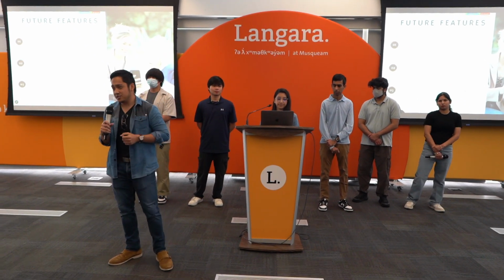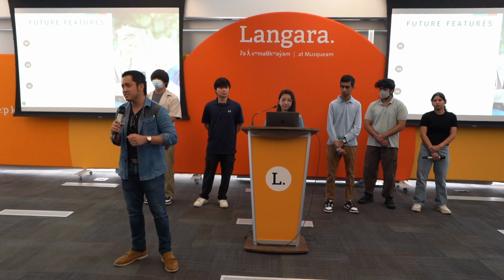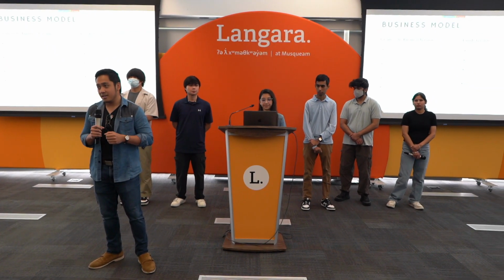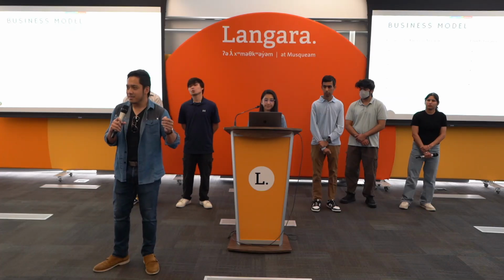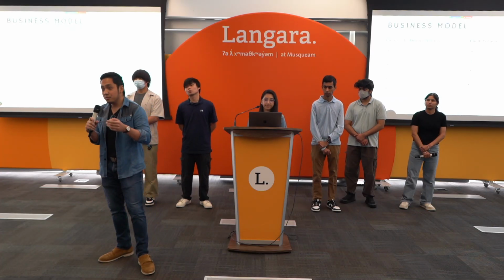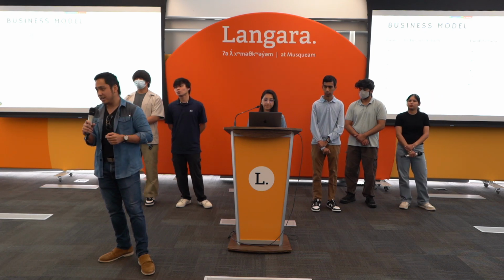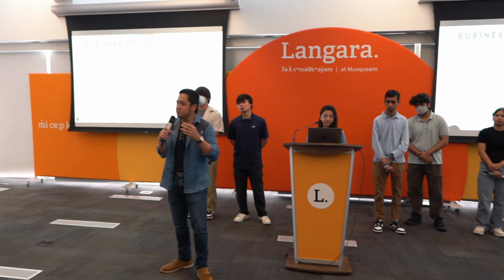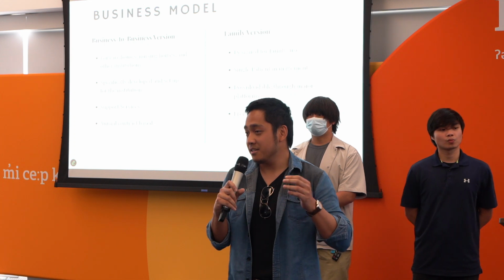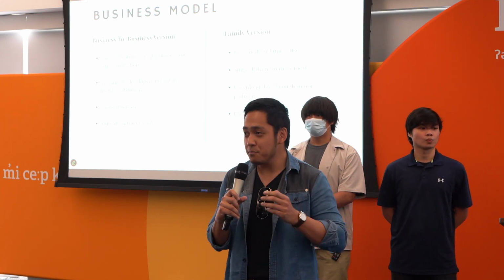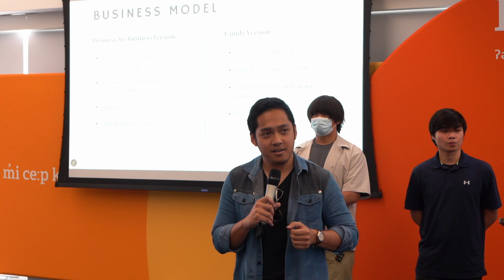But to make these future features feasible, let's discuss Familiar's business strategy. Familiar's primary goal is to be the main dementia app of care homes and other care institutions. And thanks to these partners, Familiar's family version app could be made available for free on all major platforms, which would make it accessible to families that couldn't afford care homes in the very first place. This would contribute to a better and brighter future for dementia care.